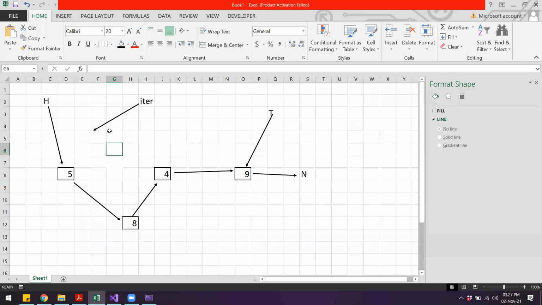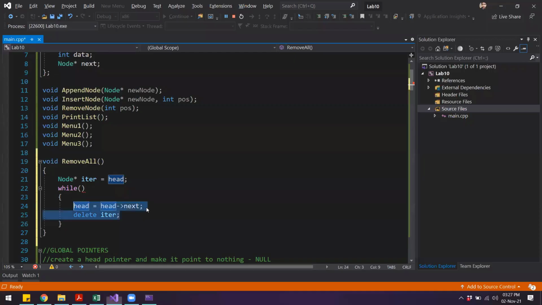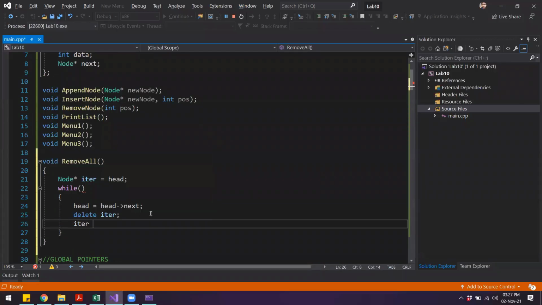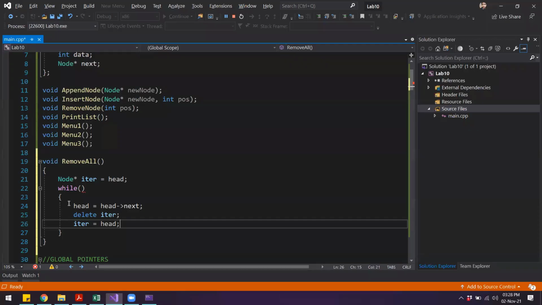Then we can once again make this iterator pointer point to where the head is pointing. So I can say iterator is equal to head. Now you will see that we have come to the same place where we started. We can just repeat the same logic inside this while loop.